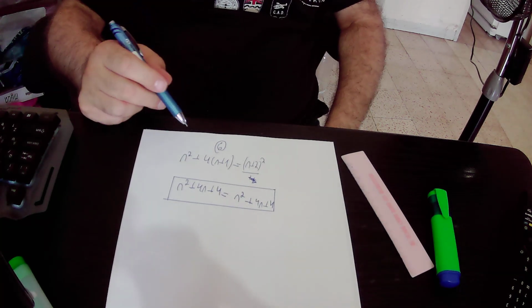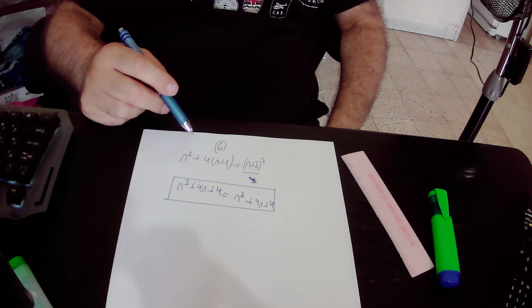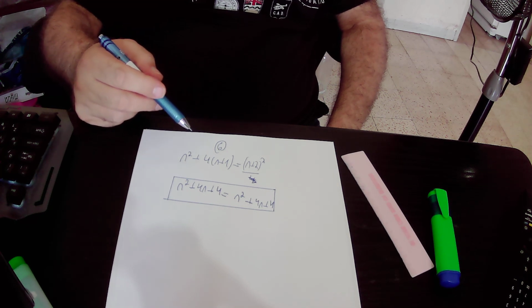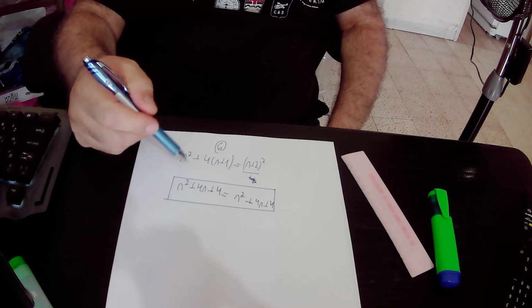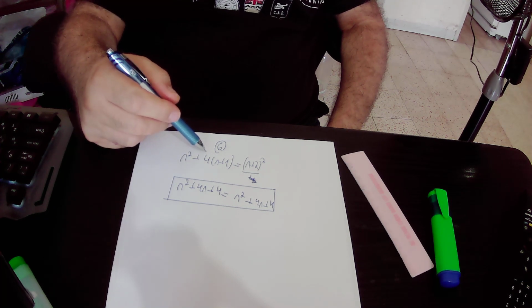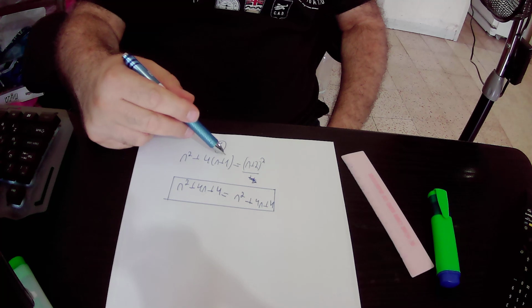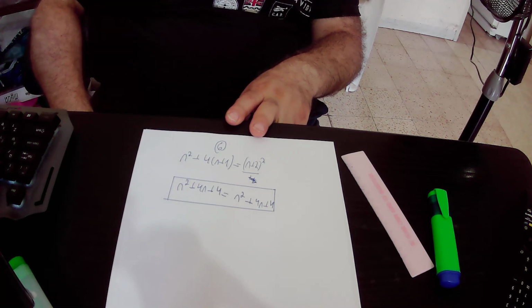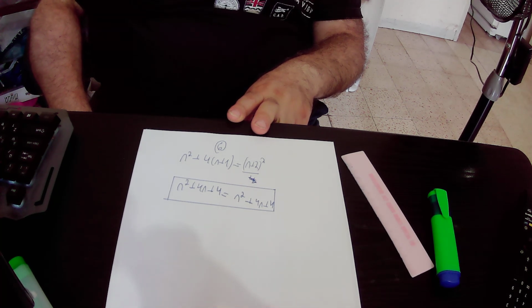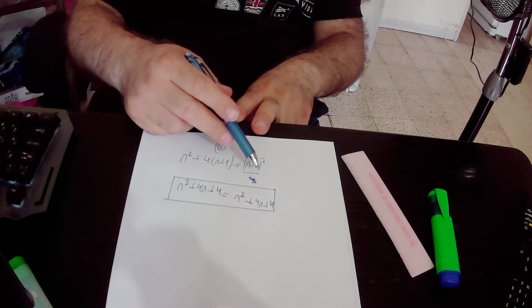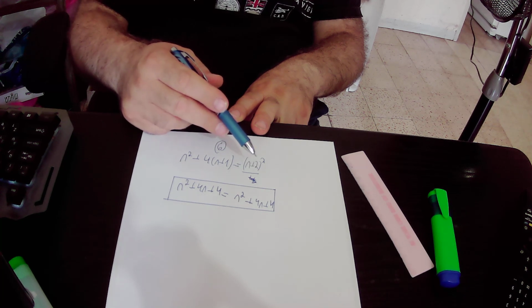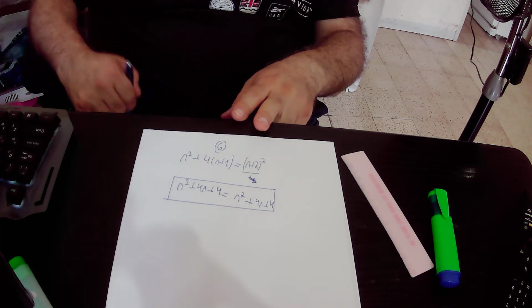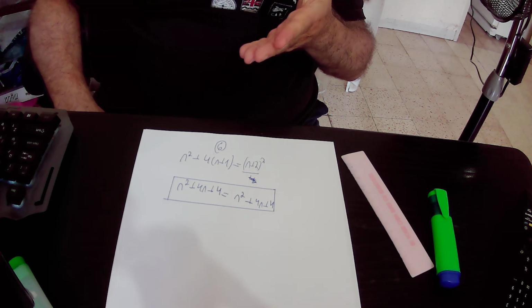So here, after we open the brackets, we will have n squared plus 4 times n is 4n, and 4 times 1 is 4. And here it is a plus b squared, it is a squared plus b squared plus 2ab, so it will be n squared plus 4n plus 4. Okay, so we have here an identity,